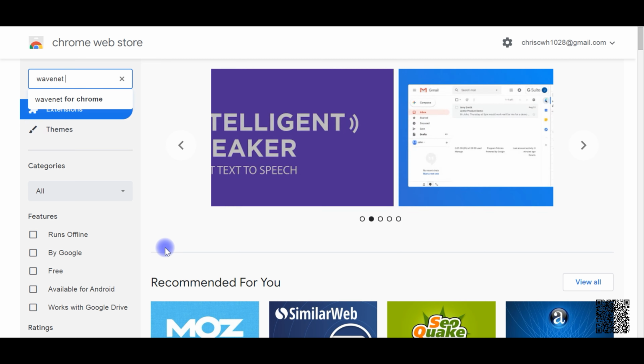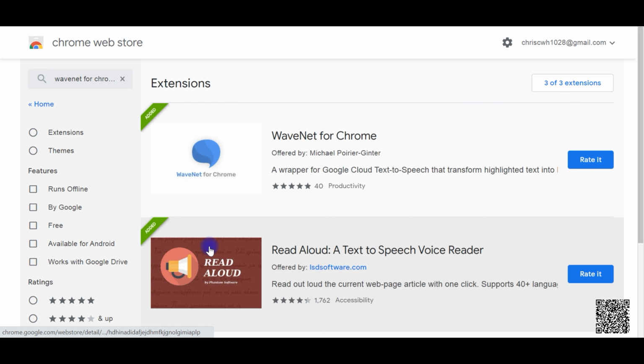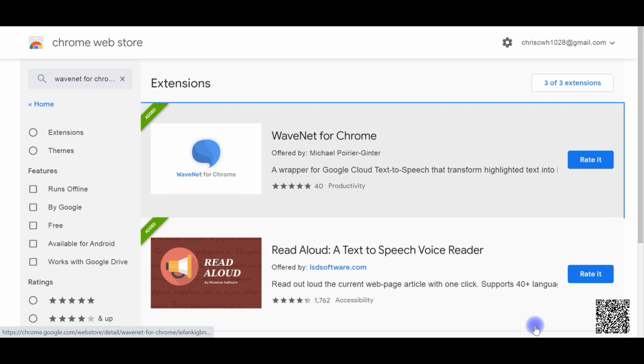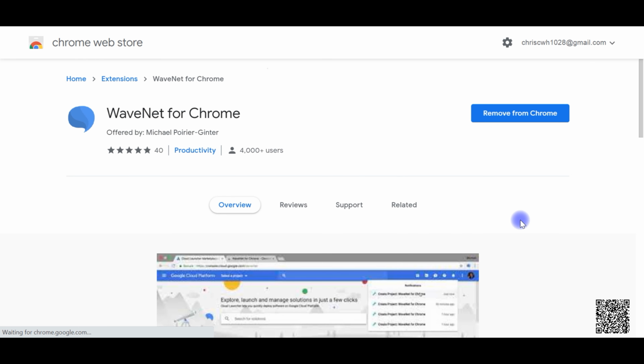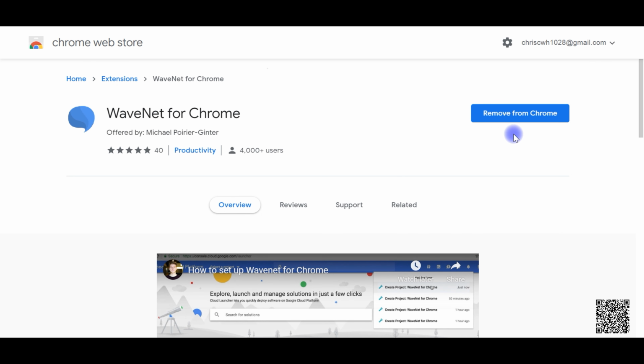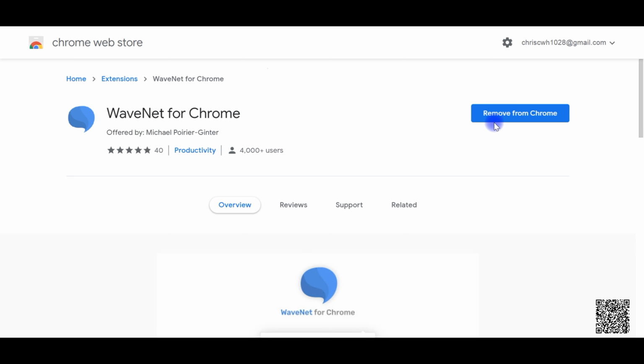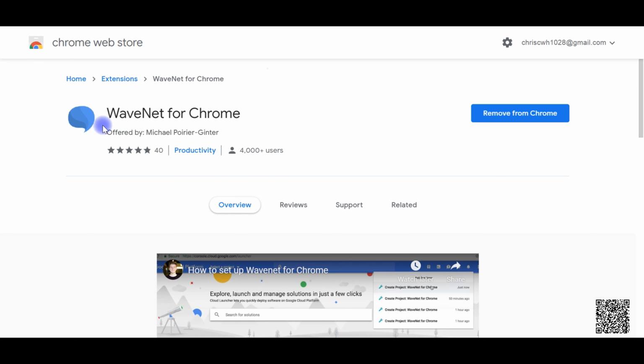This is a free Chrome extension developed by Michael Poirier. Just click on it, and we could just install it. I've actually installed it, so I can see the remove from Chrome button over here instead of installing.